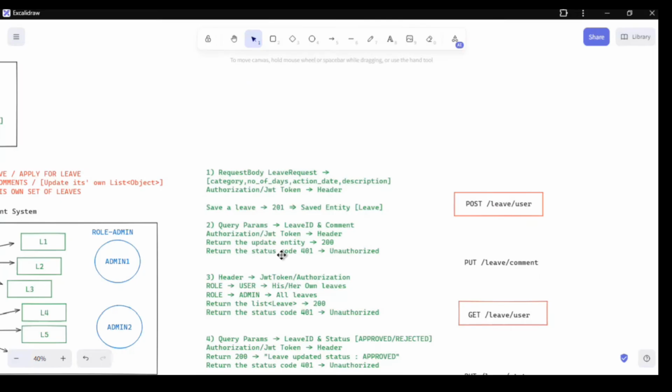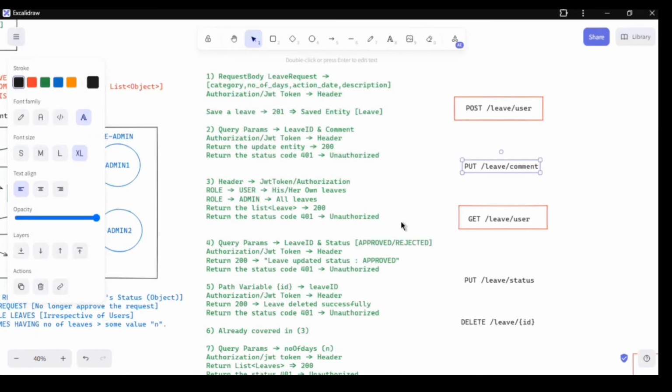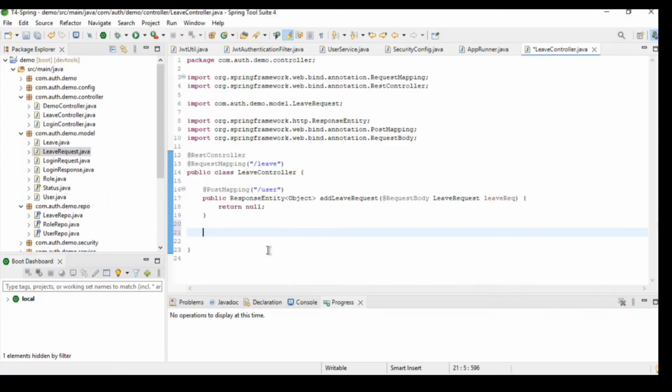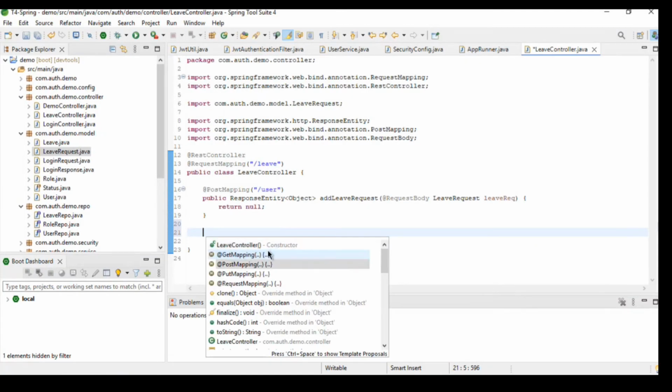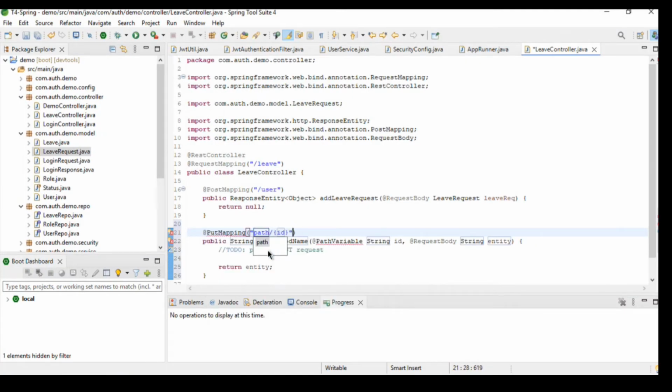Let's go back to the diagram. Next is a put request, slash leave slash comment. So let's say I need a put mapping. It should be slash leave slash, sorry, slash leave is already covered. So it's just going to be slash comment, and it is again going to return a response entity of the object. And the name I want to say is update user comment,